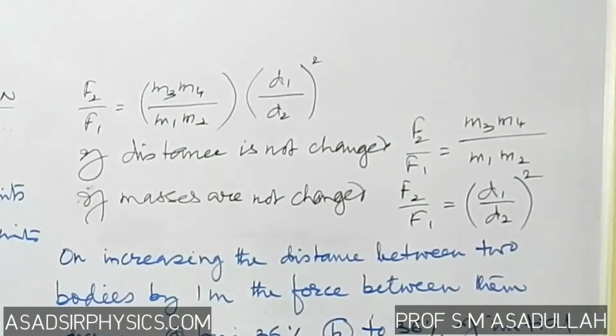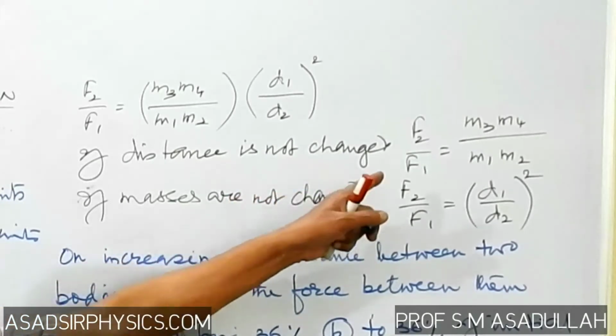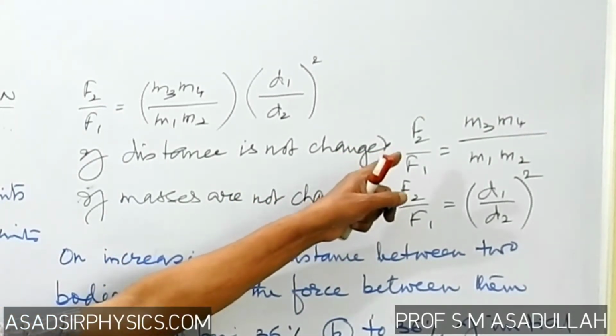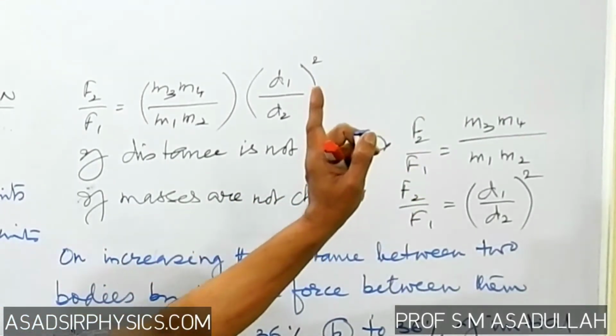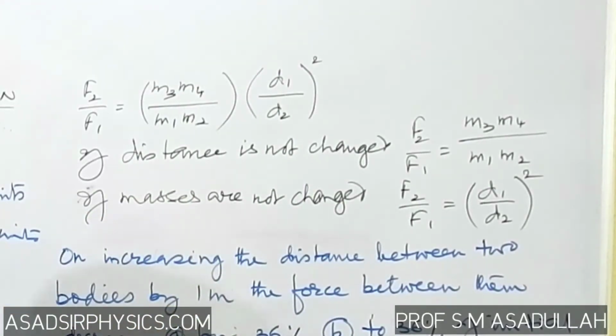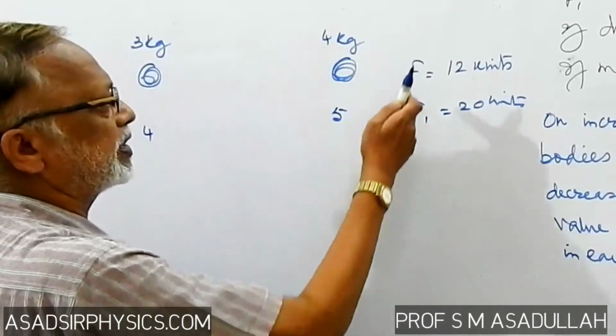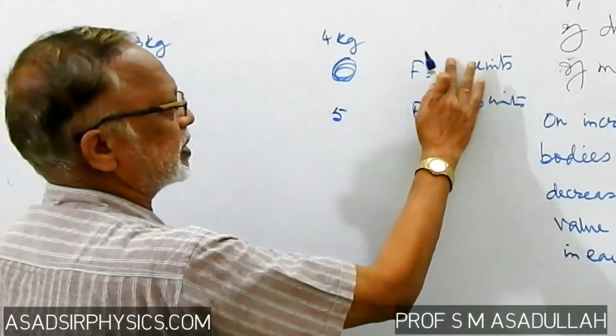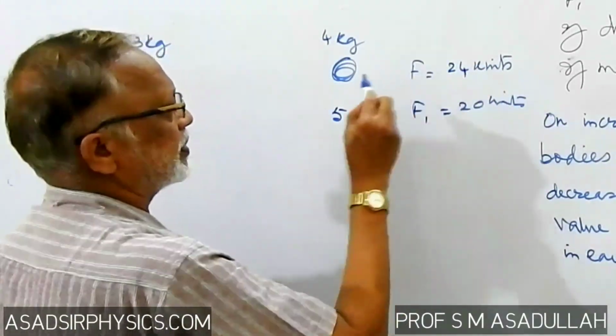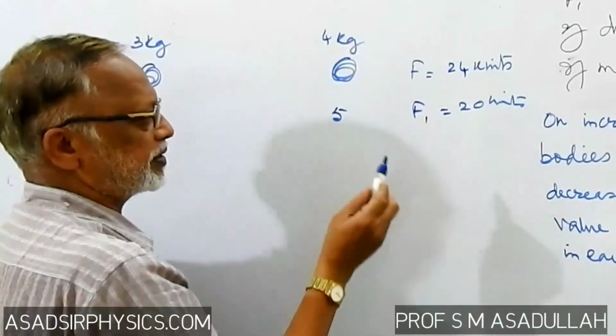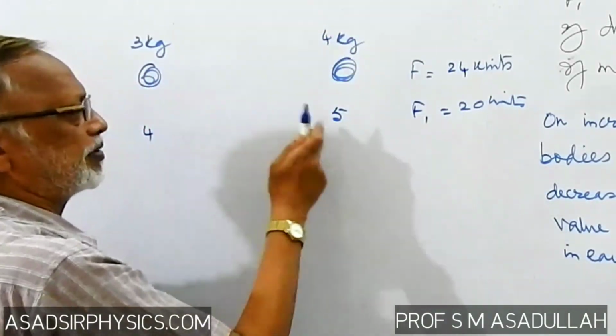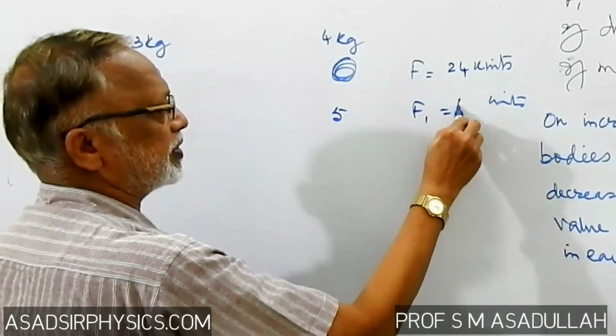If you have not followed this, you can use this formula: F2 by F1 is equal to M3 M4 by M1 M2. Otherwise you can do it directly. You may ask me one doubt here. Suppose 3 4s are 12. Here 12 is not given. Suppose it is given as 24. So it is double of this product, so this answer also should be double. It must be 40 units.